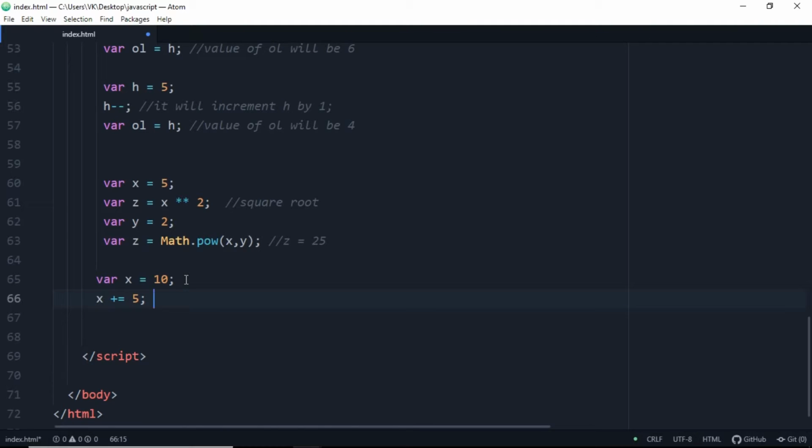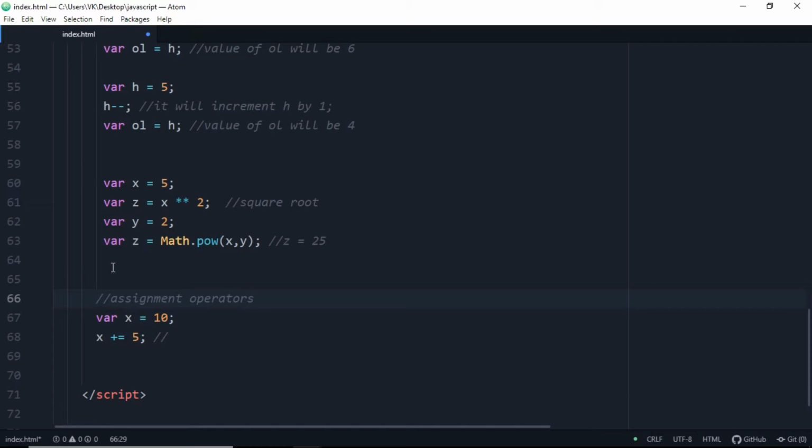So what it's gonna do is, it will just add value 5 to the variable x. So when you gonna display the value of x on the 67th line, it will just add the value of x, that is 10 plus 5. So the value of x will be 15 from the 69th line.